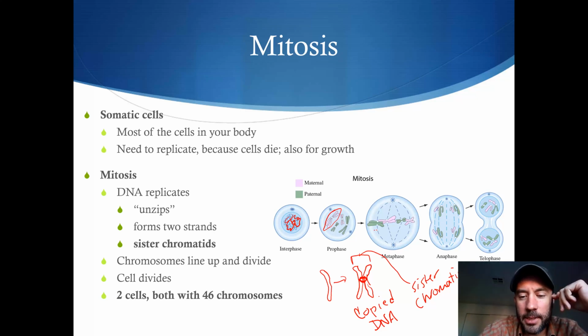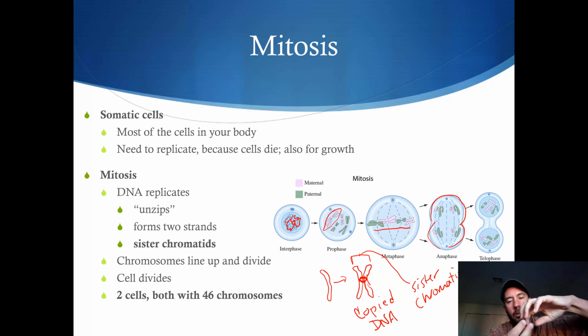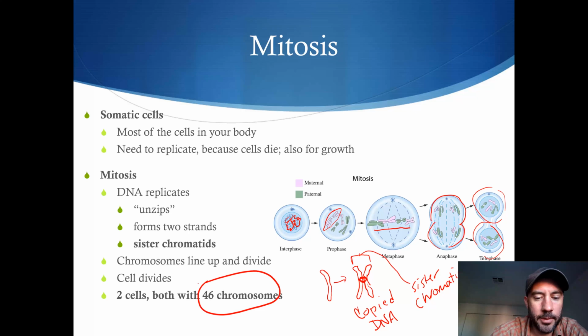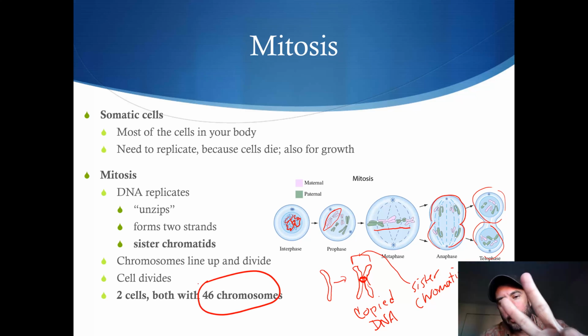So then the chromosomes line up at the center of the cell, and then the cell sort of pinches itself apart here, and it pulls those copies apart to different sides, and so you end up with two new cells that have the exact same DNA and the exact same amount, 46 chromosomes. All right, so you end up with two cells, 46 chromosomes each, exact same DNA. Okay,